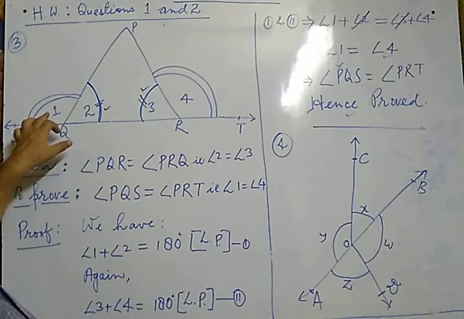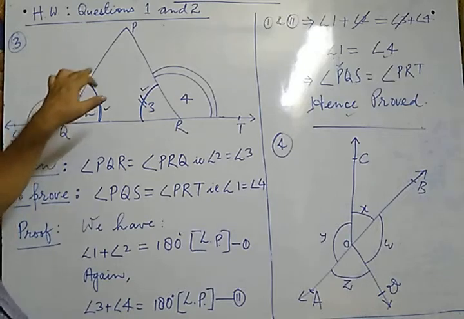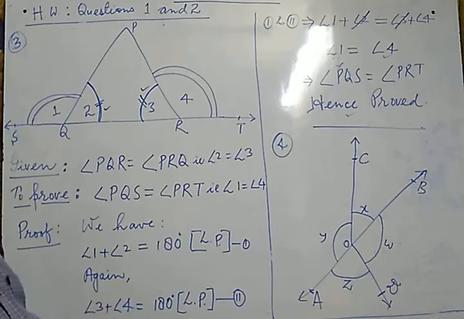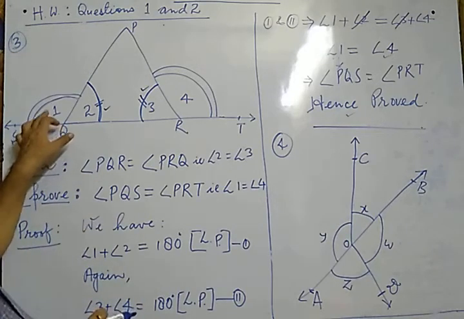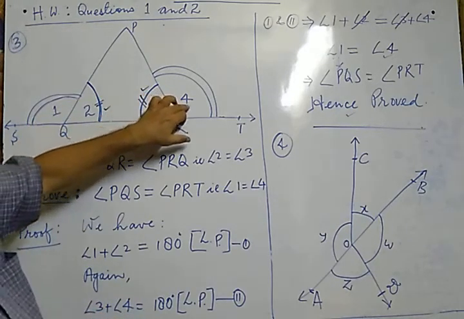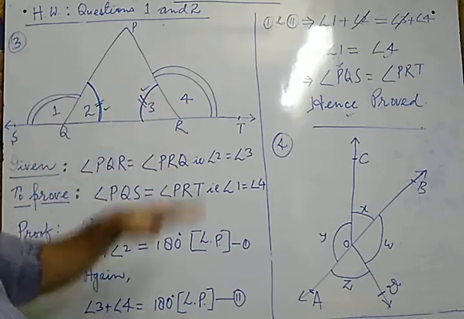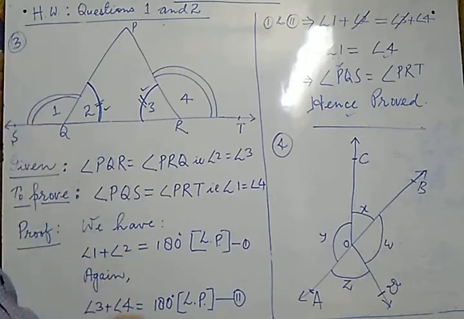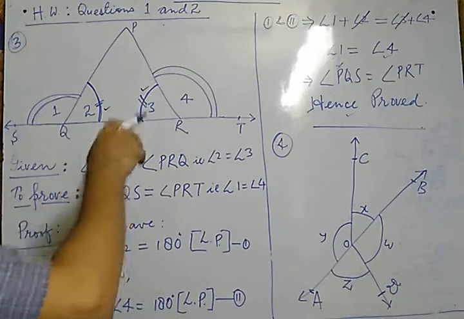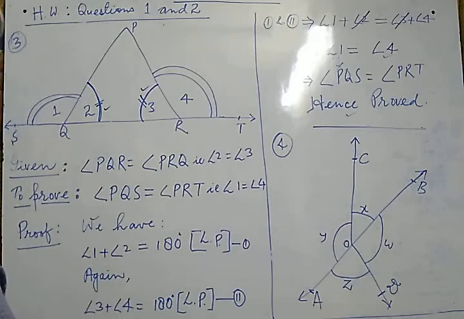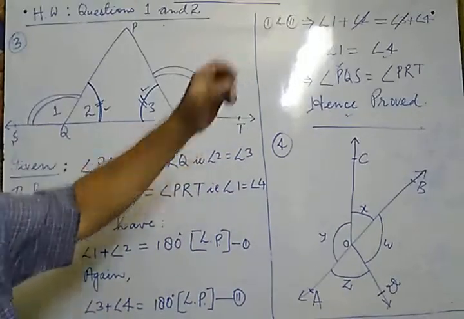Because if we write angle 1, very easily we can write angle 1. If we go to the long form, that will be PQS. Only to minimize the work, we are using angle 1, angle 2, angle 3, angle 4. Otherwise, there is no need of 1, 2, 3 and 4. So this will be convenient in solving such types of questions. We put there 1, 2, 3, 4, so that will be easier in writing as well as in solving. Ultimately, we can get the result.